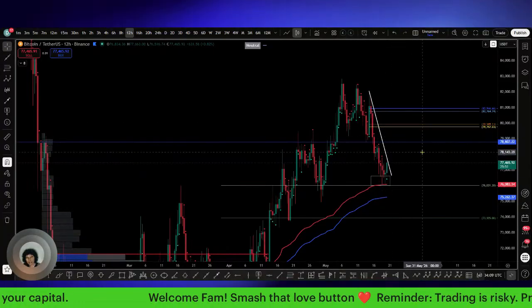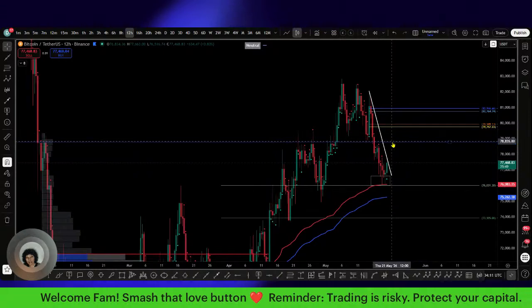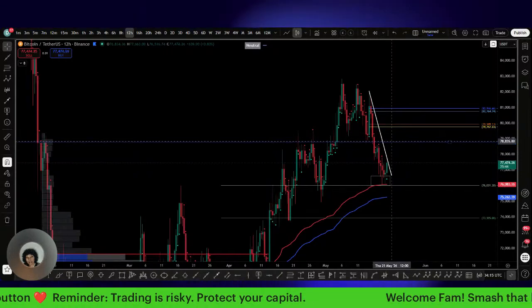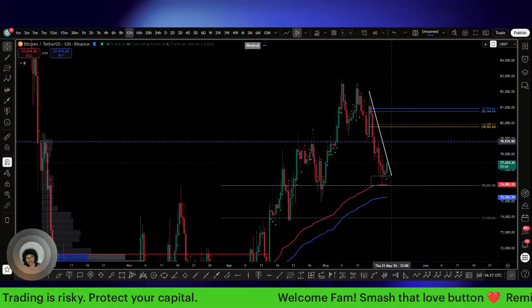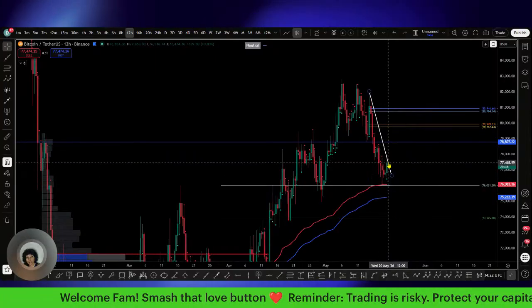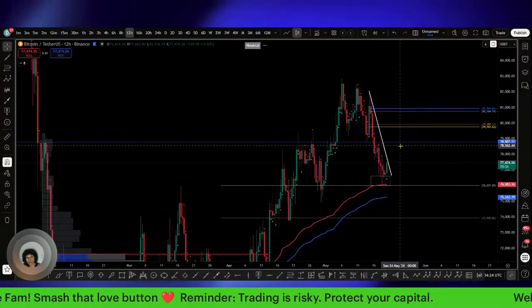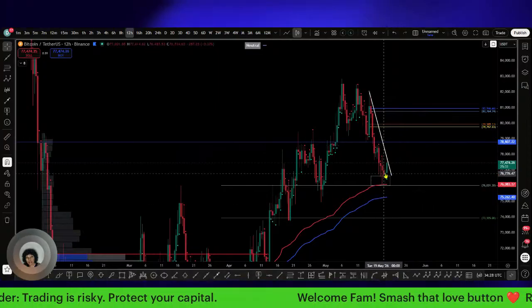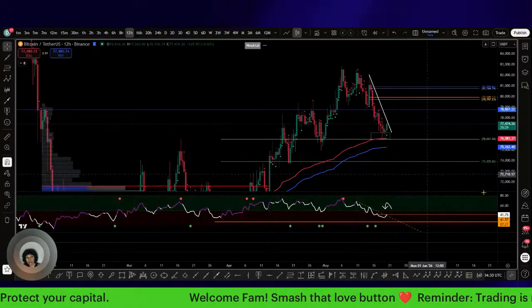I think it's going to happen. At this point, I have to start banking on the daily. Remember, I was banking on the 4-hour time frame to push us up. Now I've got to move forward to the daily time frame, or I can use one of these time frames over here too. And I look down.